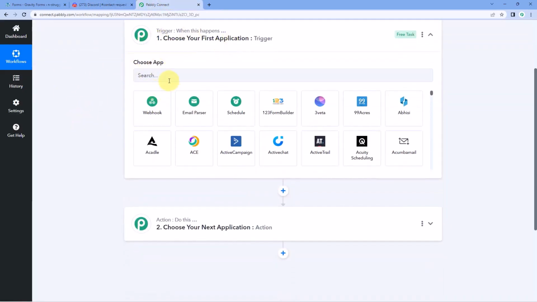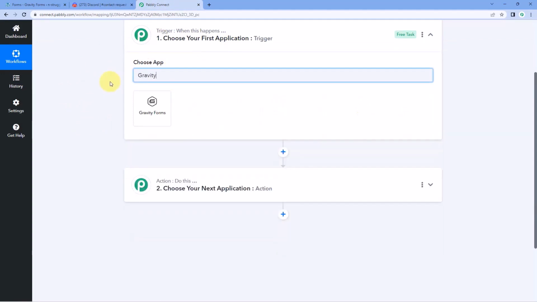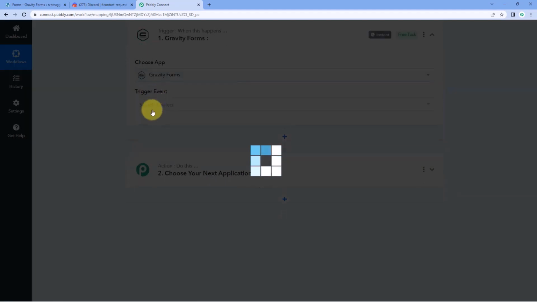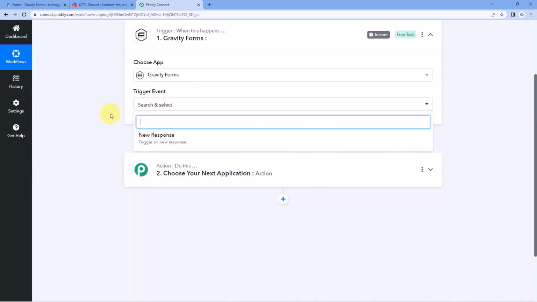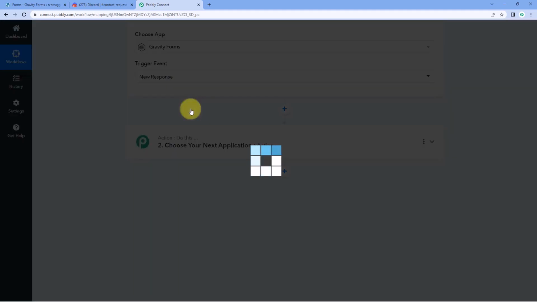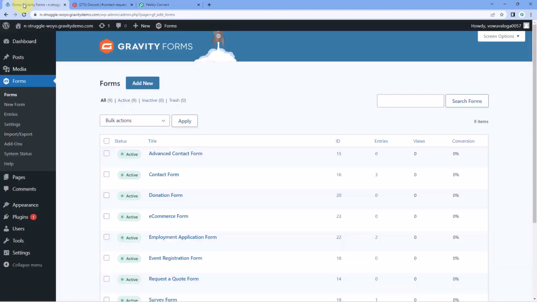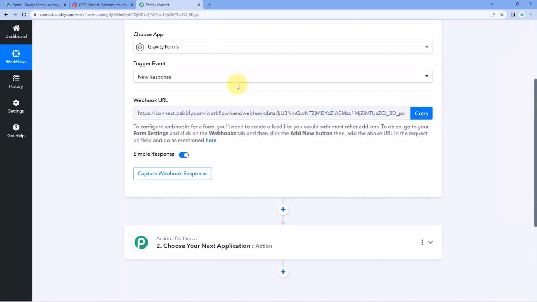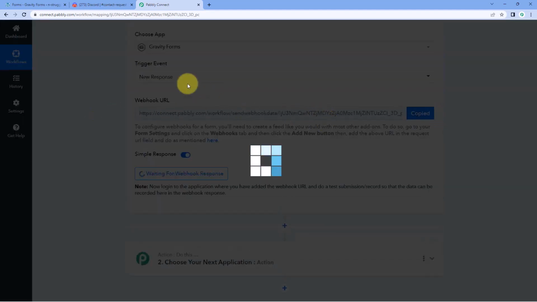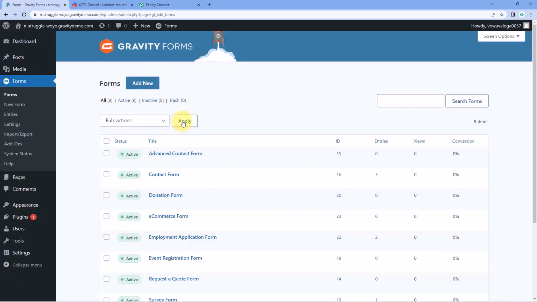Now here in the Trigger window in Choose App, search for Gravity Forms. Select Gravity Forms. And then in Trigger Event from the drop-down, select the trigger event as New Response. After selecting this trigger event, Pabbly Connect gave us a webhook URL. And now using this webhook URL, we are going to connect the form which we have created in Gravity Forms with Pabbly Connect. And how are we going to do this? You just have to follow the help text given below over here. Just copy this webhook URL from here